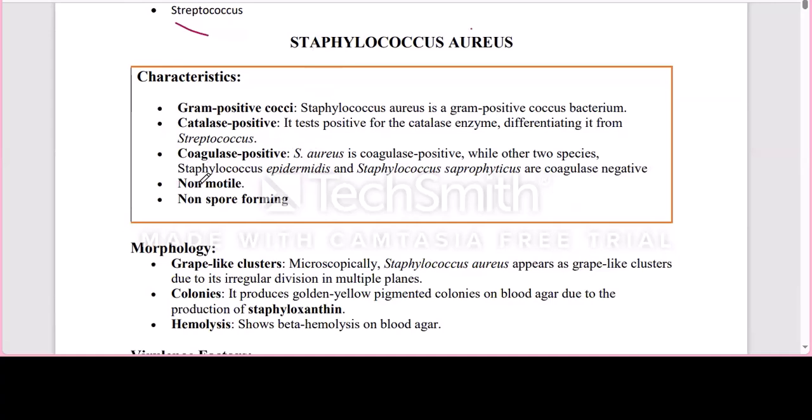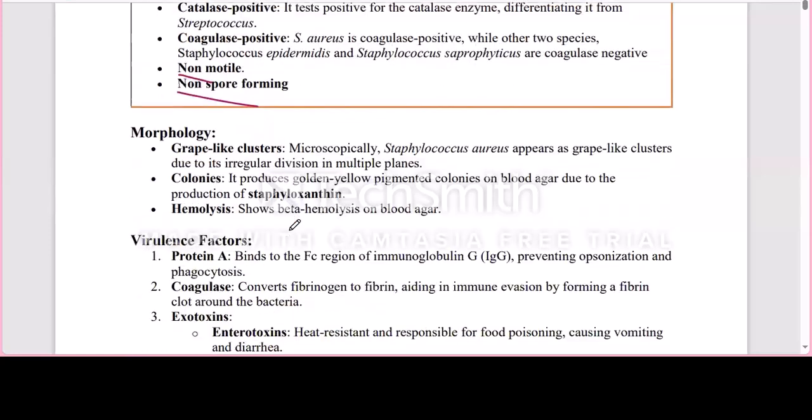given in the box, and they can also appear in MCQs. Here, Staphylococcus aureus is non-motile and non-spore forming. This is highlighted in bold, and these are given for each specific bacteria, and morphology,